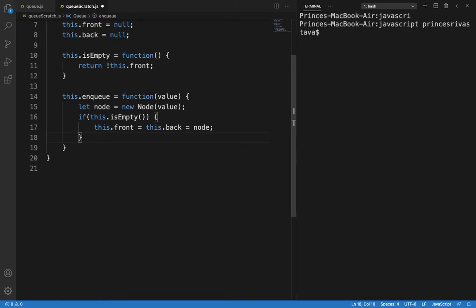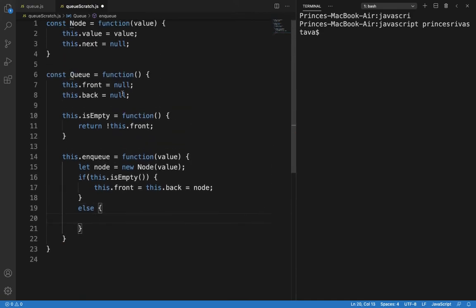Otherwise if our queue is not empty, that means we will have to insert it at the back.